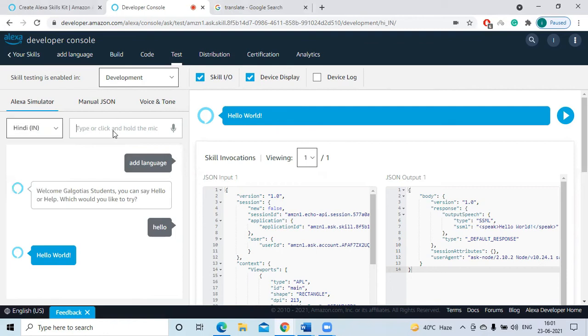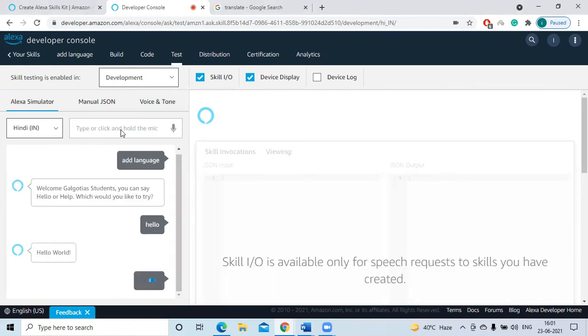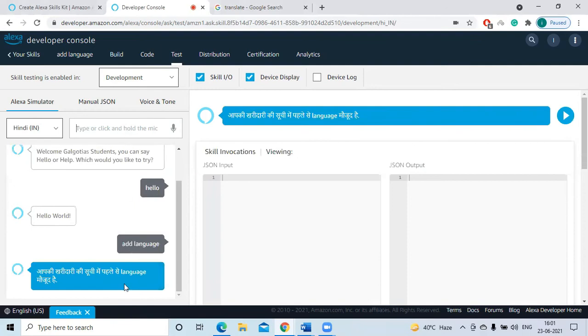So okay, add language. That is my skill name. आपकी खरीदारी की सूची में पहले से लैंग्वेज मौजूद है. So I don't understand what it is saying. Just a moment.